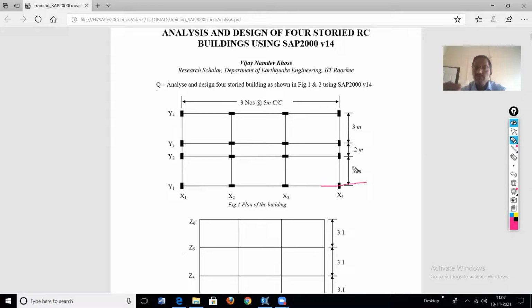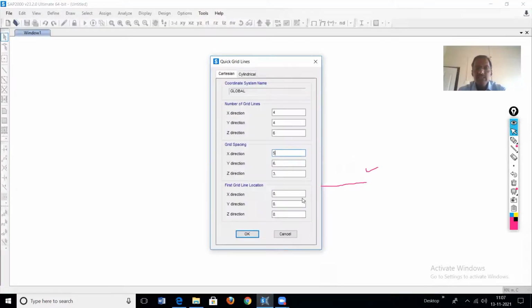We'll make the change afterwards. Now we'll put the grid spacing as 3 meter and modify this afterwards. So uniform spacing will be 3 meter in Y direction.